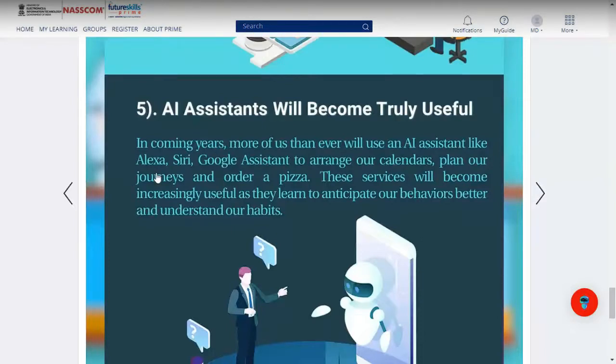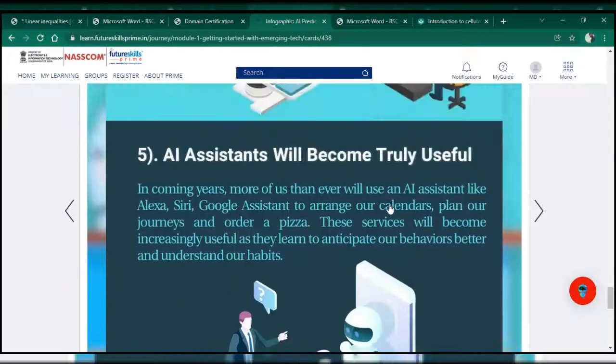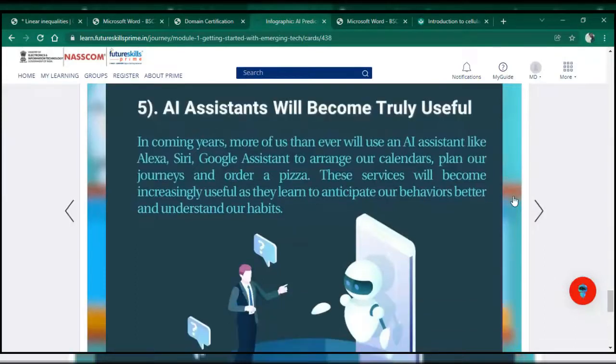I'll show you one very interesting example right away that I was speaking about yesterday. It is called interpreter mode. Right now, when you go to any meeting or you go to some new place, you will need somebody to translate things for you. But in future, you will not need that. You can do it from your phone. In fact, even now you can do it, it's just that it has not been developed very nicely yet. Yesterday when I was explaining, I had told that translation will happen in real time. I'll show you an example of it.